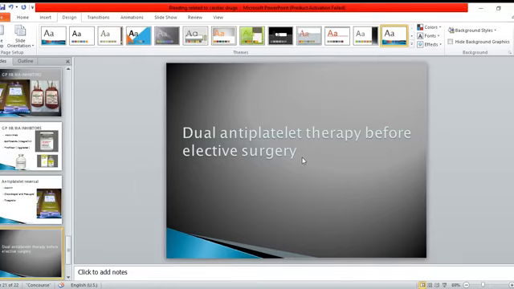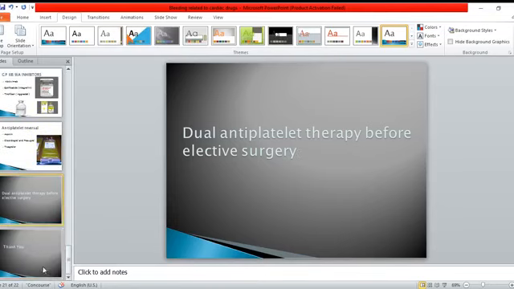Okay, so bridging in case of high thrombotic risk. In case of high thrombotic risk and high risk of bleeding, you stop clopidogrel, continue aspirin, and bridge. If there is high thrombotic risk and low risk of bleeding, you continue both antiplatelets and don't stop any of them. If there is a low thrombotic risk and high bleeding risk, still you continue aspirin and stop clopidogrel and resume 2 to 3 days once appropriate after surgery. And by this slide we conclude this session.